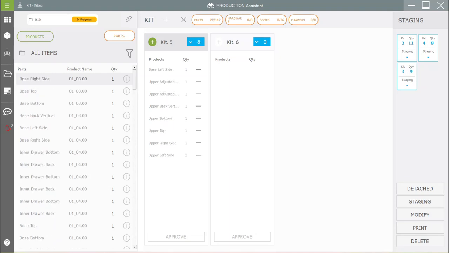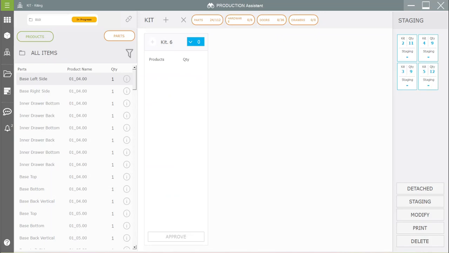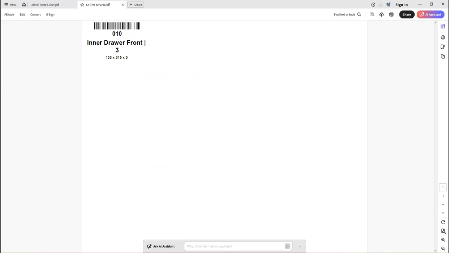Okay, so I'm just going to pick the number 3s. So I'll just keep going a couple more. And then once I'm happy with that, I could go approve, and that will sit over on the right hand side here. Okay, and then it would be possible for me to print that label, and we would end up with a label that would look like